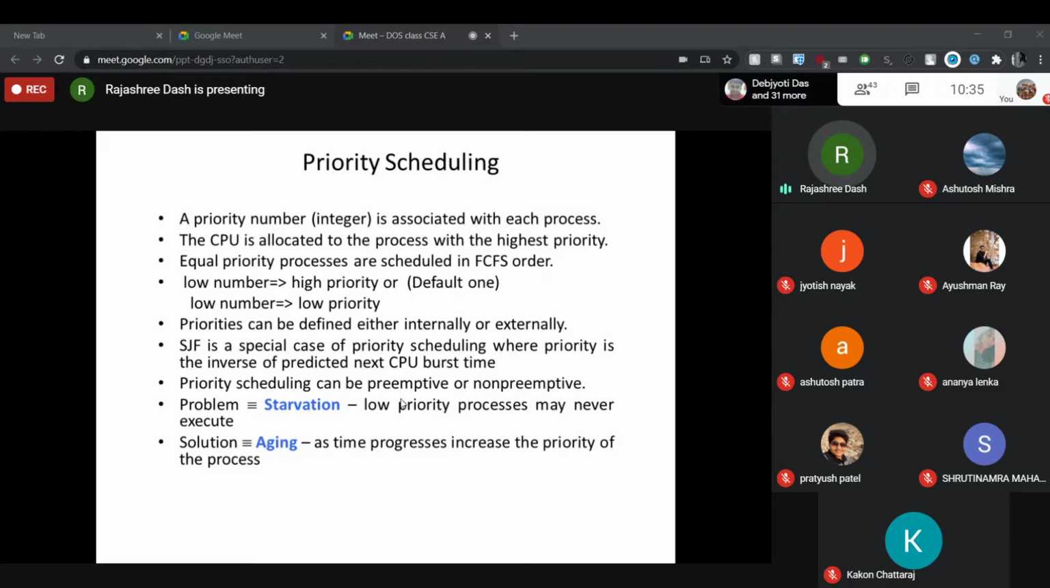So if the new process has higher priority, then the currently executing process will be preempted and stored back in the ready queue. Now when it is stored back in the ready queue, it will be stored with the remaining CPU burst time. Otherwise, if the new process's priority is lower than the currently executing process, then the currently executing